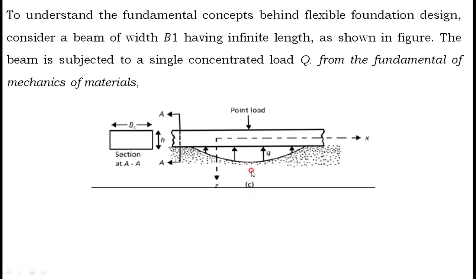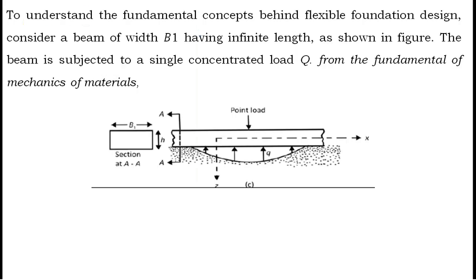If this is the case, and some voids are there here, it acts like a beam, with load here and support here. From the fundamentals of strength of materials or mechanics or SA, you can get the moment equal to EI into d square z by dx square. What is this d square z by dx square? It is nothing but d square y by dx square. Y is the deflection, but in this diagram they consider the vertical axis as z, therefore they write d square z by dx square. This is somewhat Maclaurin's equation, no? M equal to EI into d square y by dx square. So M by EI equal to d square y by dx square.